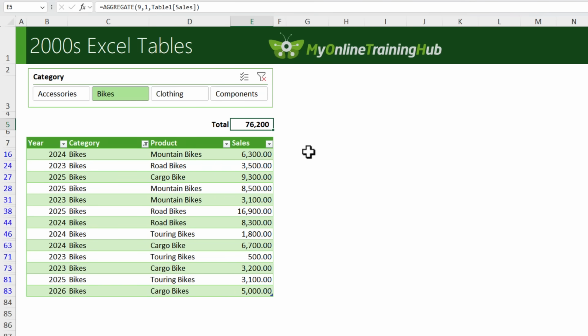My aggregate formula has expanded to automatically include it because it's picking up all the data in the sales column, all without me having to lift a finger. So you can see formatting your data as a table isn't just about fancy formatting, it's data integrity, automatic updates,